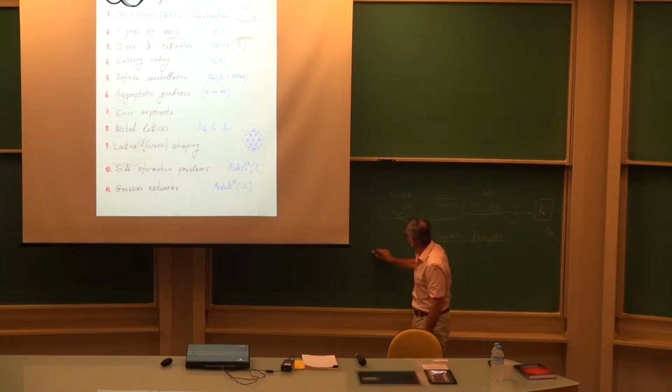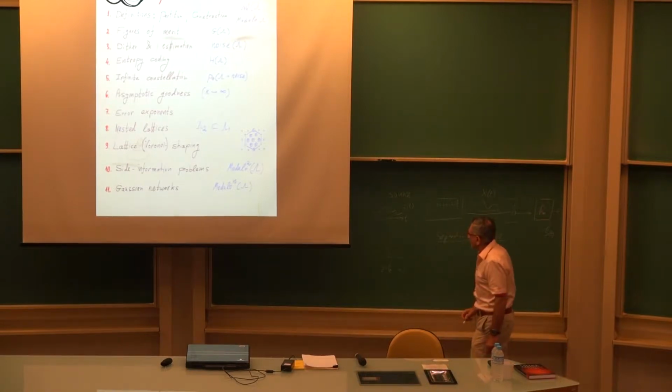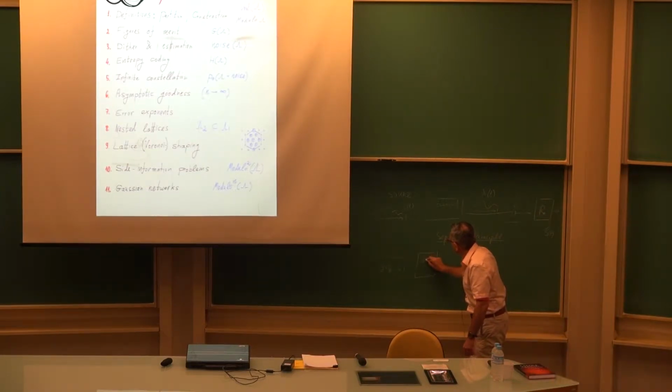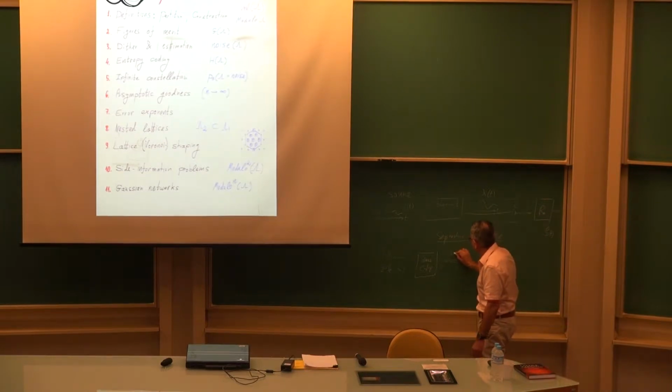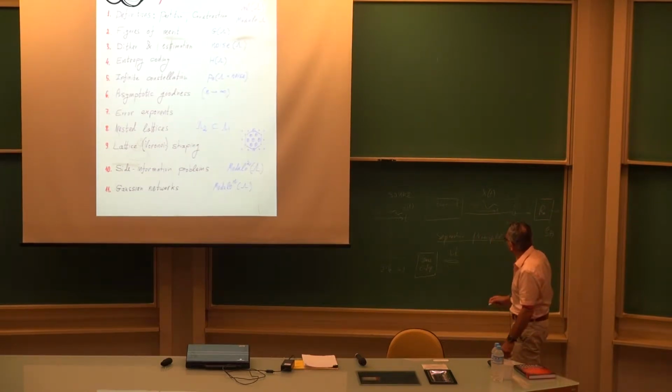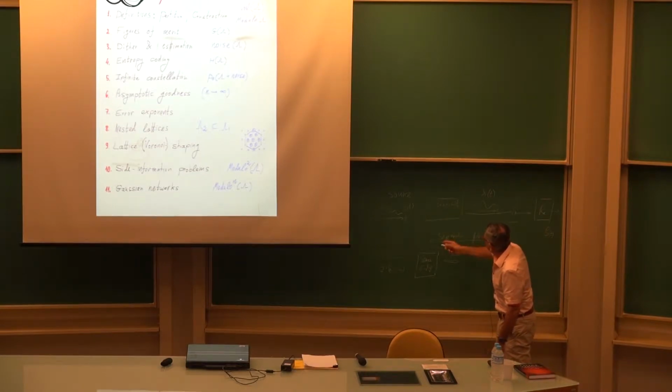So we take the source, we first sample it. So instead of a continuous time source, we have a vector in n-dimensional space, let's say, n samples, a block of source samples, and then we do source coding first. And we get a message or bits. So this is the conversion to the digital world. This is the first half of the transmitter, and the second half is the channel coder,